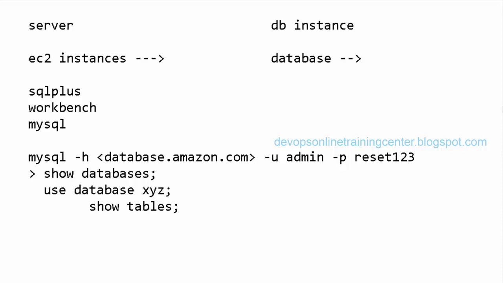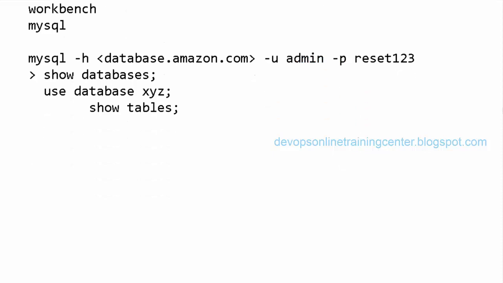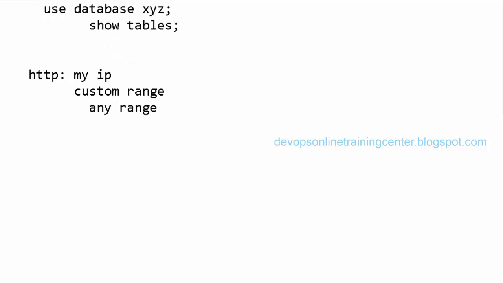So there is again an option, right? While creating the security group, while allowing the HTTP port, you can allow it from my machine, something like My IP, so it will be available to me only. And there is also a custom range. Publicly, it's not available for anybody to type in. It's not resolving to the public IP.